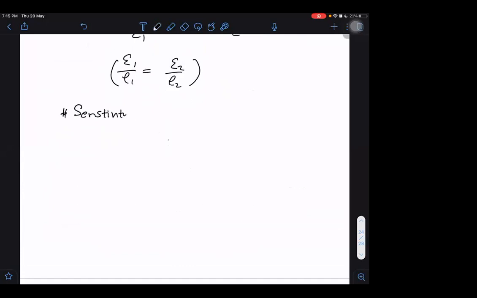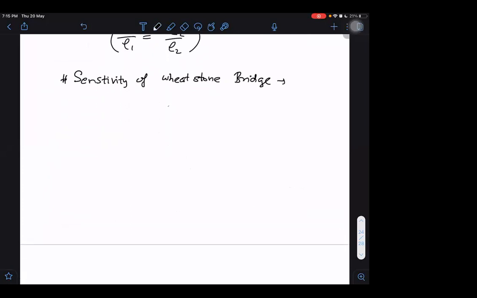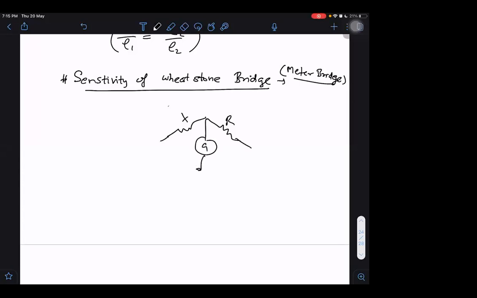Sensitivity of the Wheatstone bridge. How sensitive is the Wheatstone bridge? Remember, if it is an unknown resistance X and that is a known resistance R, in a Wheatstone bridge or meter bridge, it will depend on the fact that